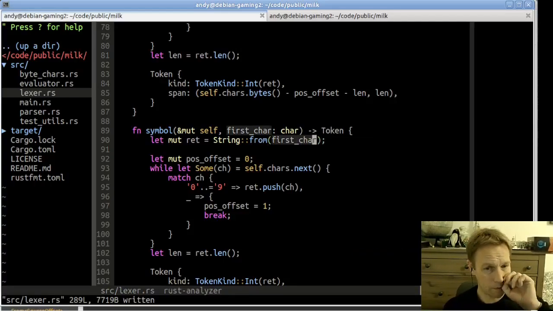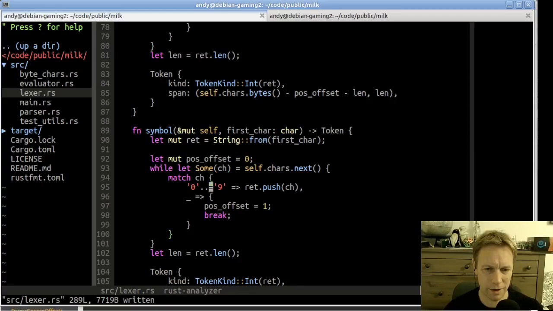And I think at some point we're going to end up with some help from the struct that we're in. So instead of passing in this first char, maybe we store it inside self, like what we've built up so far or something like that. But we'll do it the dumb way and we'll gradually work our way to a better solution. Right, so